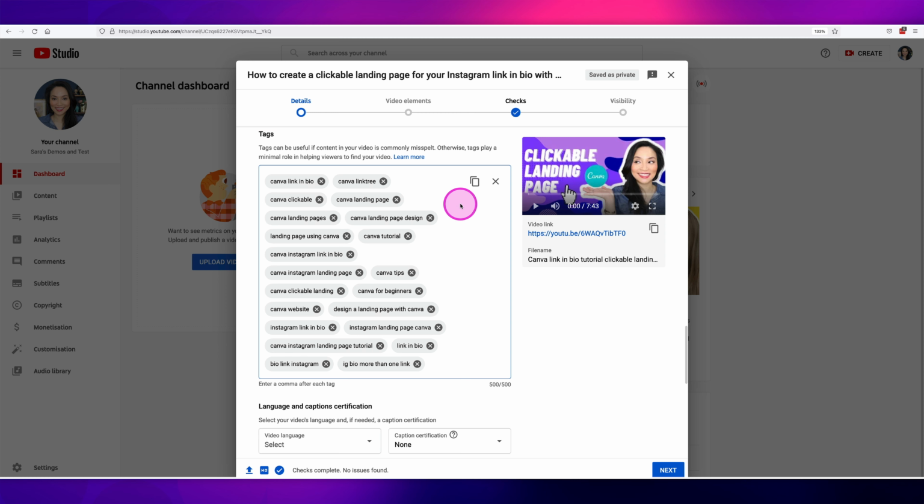Go ahead, do your keyword research and put all of the tags in here. There's another school of thought that believes that you should add the most important keywords that you want to rank for first. Go ahead and try that, but definitely use all of the space that is available to you.